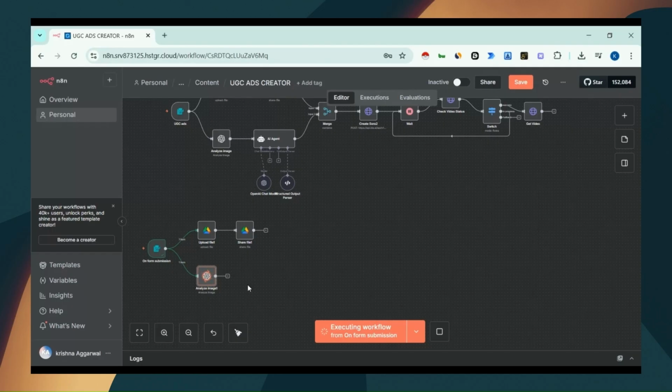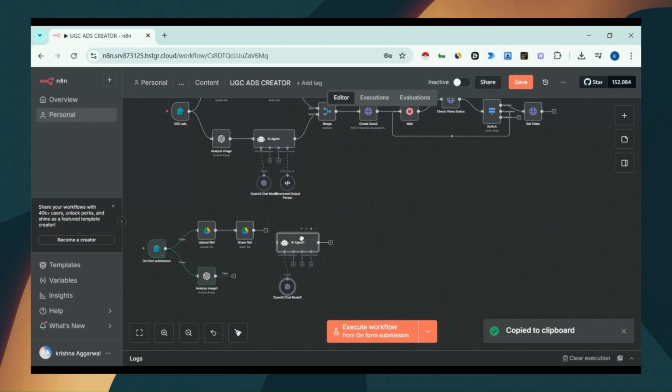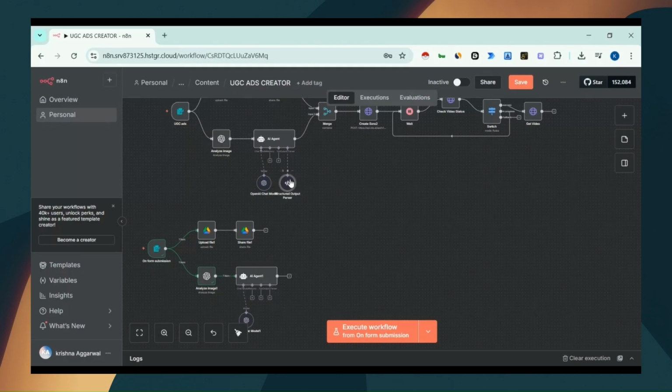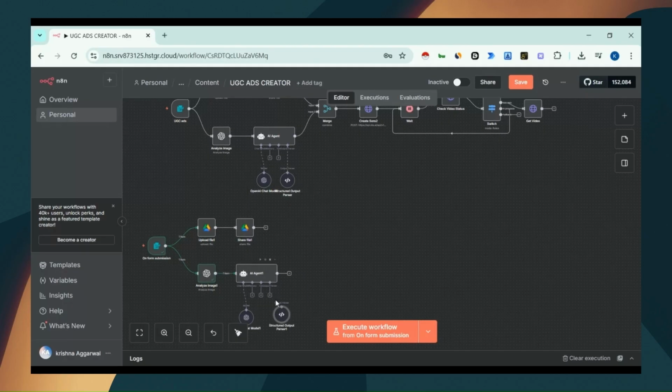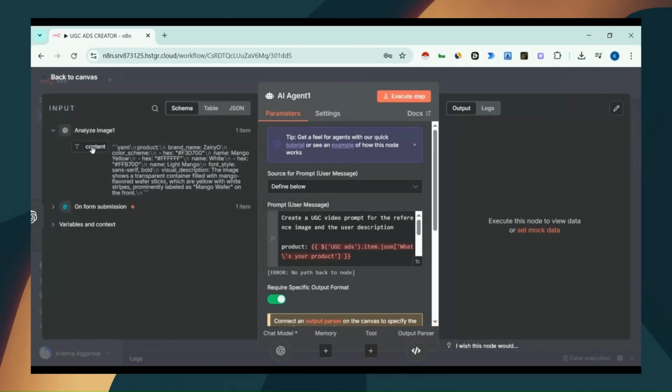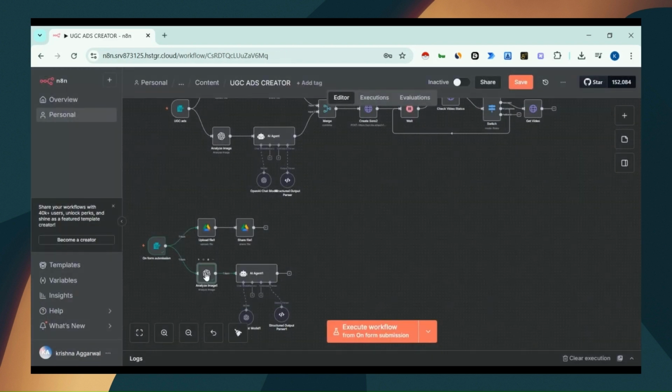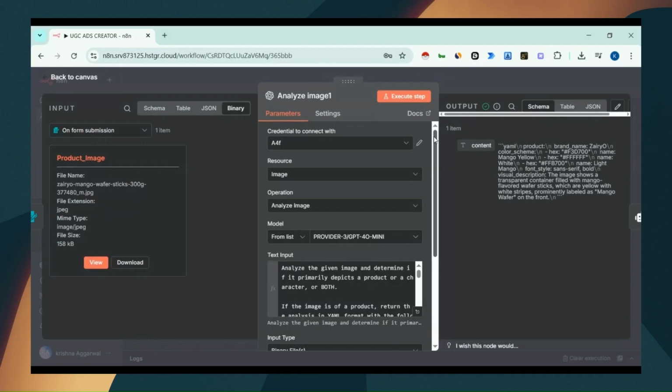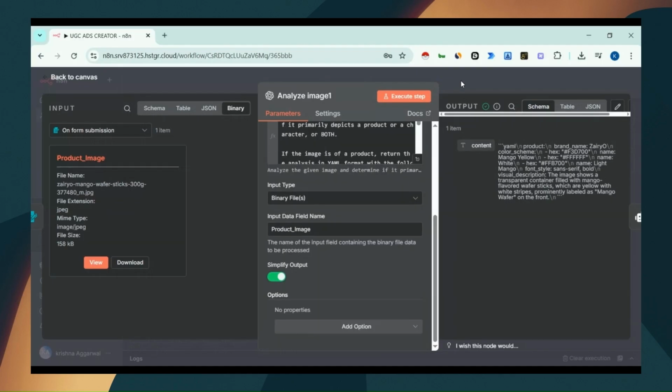So what we are going to do is, after analyzing the image, we will have, okay, yeah, we got our image. Now we will just copy paste this agent to it, and paste this output. Yeah. Now as we analyze the image to get more info about our product,